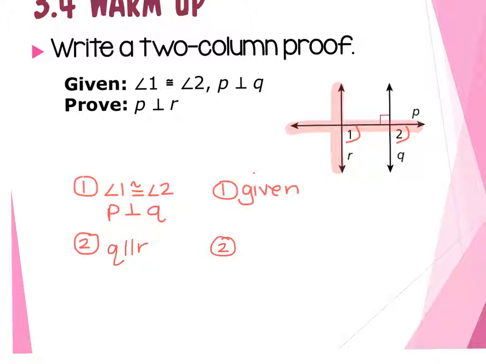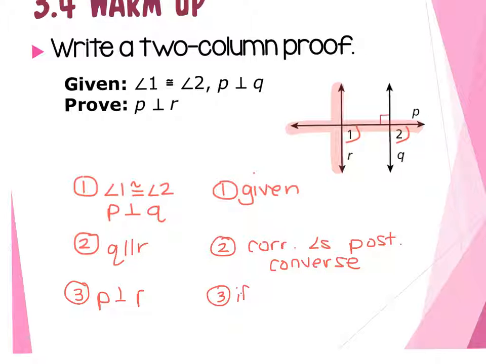Because they're parallel. Why are they parallel? We said it, but we need to actually use the corresponding angles postulate. Most important part is the converse, because we're saying the lines are parallel. And then I can actually go right to the proof statement. And my reason is, if one of two parallel lines is perpendicular to the transversal,